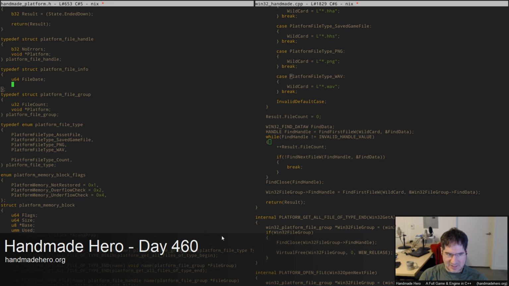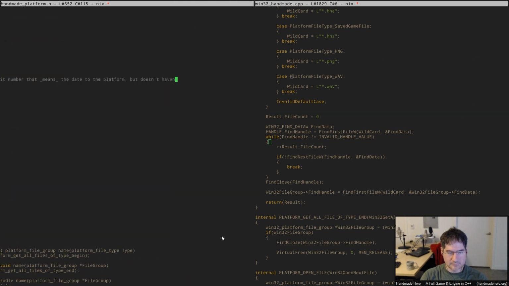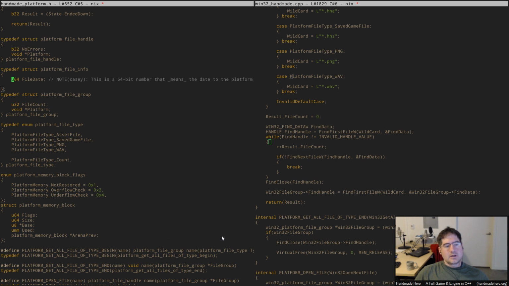It doesn't have to mean anything to the application. So we could have the platform file info there, and then we could have